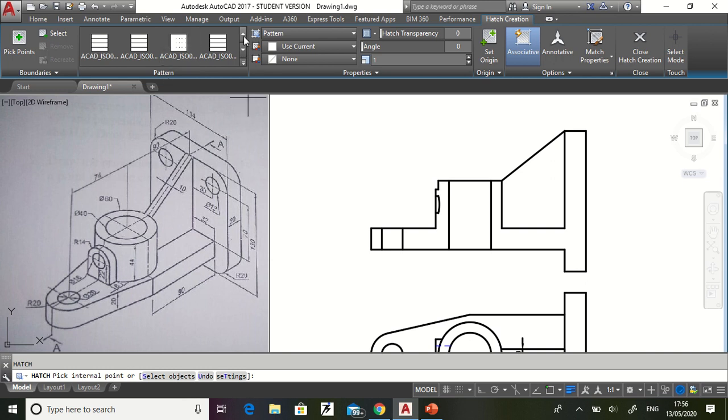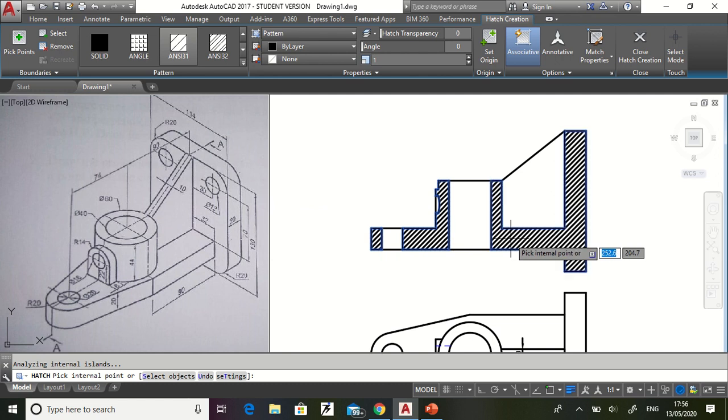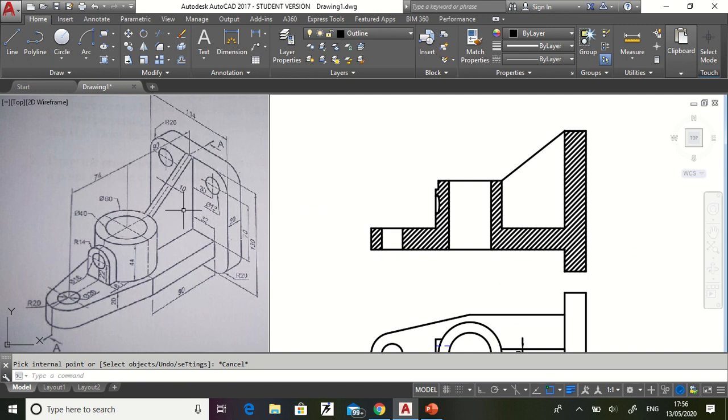So for us, because all the machine elements are made up of SS or MS, so we select the ANSI 31. Select this, select the pick point, remaining place here also we want it, and here also we want it. Then you will ask me why we are not showing in the rib portion. Mind well, the rib is getting cut longitudinally. It is not getting cut transverse.